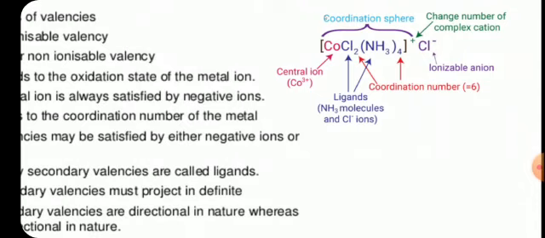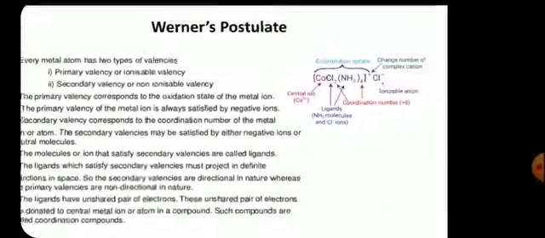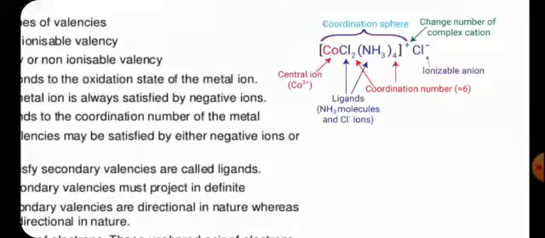Werner further said that the ion present in the ionization sphere can only be ionized. For example, if this complex is hydrated, we will get [Co(NH3)4Cl2]+ aqueous and Cl- ions. We won't get three chloride ions, only one chloride ion will be ionized as it is present in the ionization